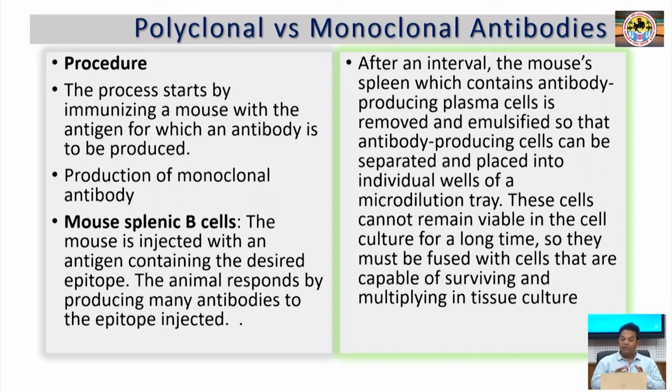Now, we have injected the antigens, left it for some time, isolated the organ, and finally we obtain the plasma, and that plasma we have to separate out in such a way and leave it for culture. Here again the final step we are going to discuss is the limitation of their life. So, now we have to fuse them with cells that are capable of surviving and multiplying in tissue culture.